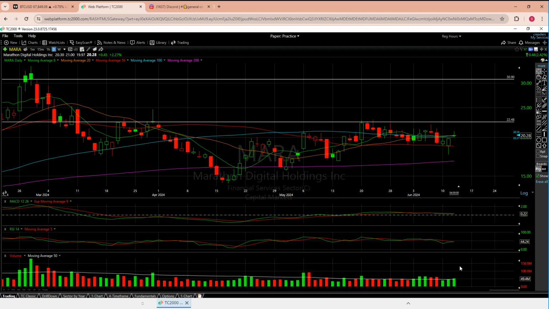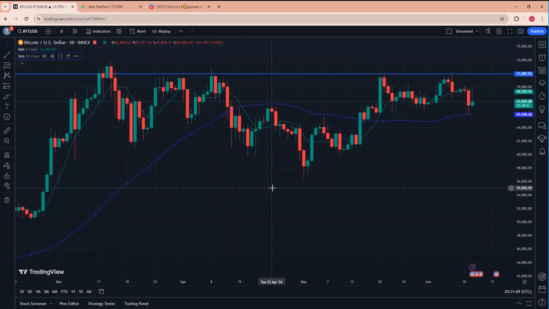So a lot to talk about on the tickers themselves, but what I really want to do is start on the cryptos themselves. All right, so this is the Bitcoin chart that we looked at last time. All right, the difference is I removed the RSI that was down here and I replaced it with the 50 moving average line. It's now this new blue line.